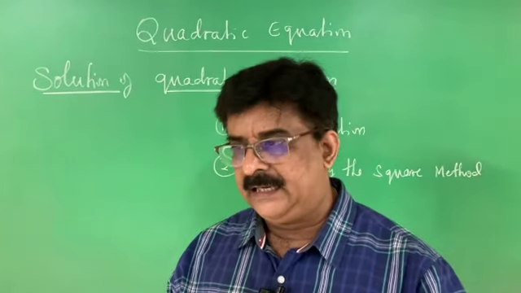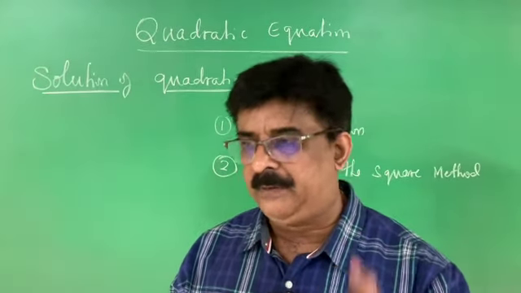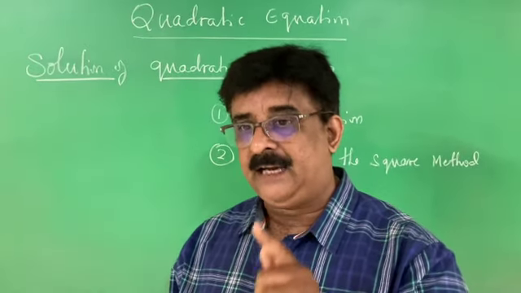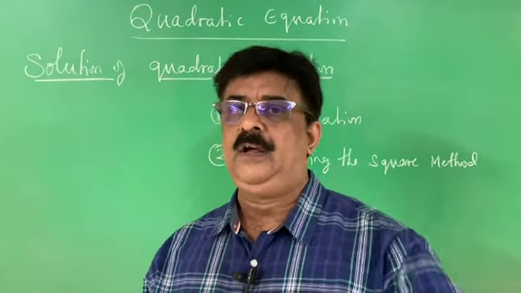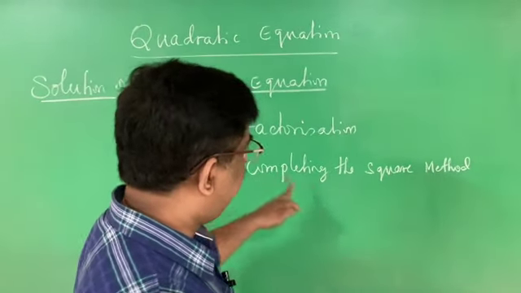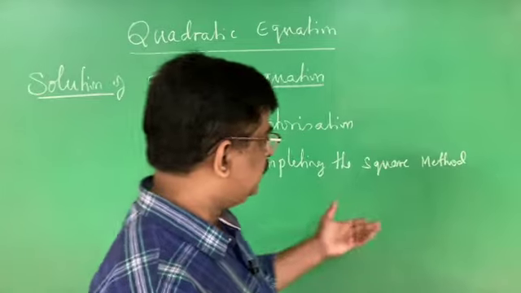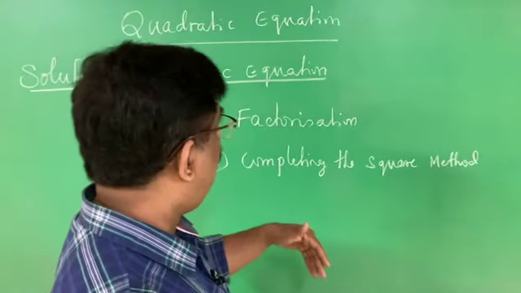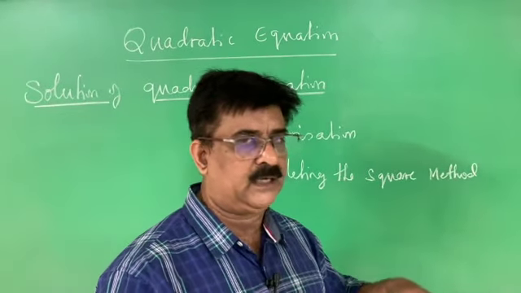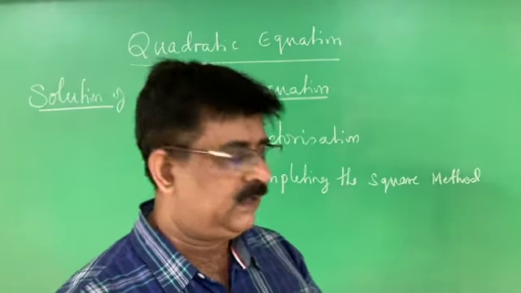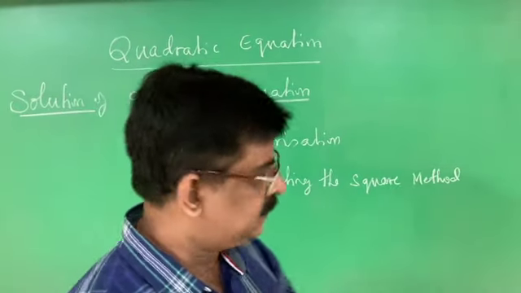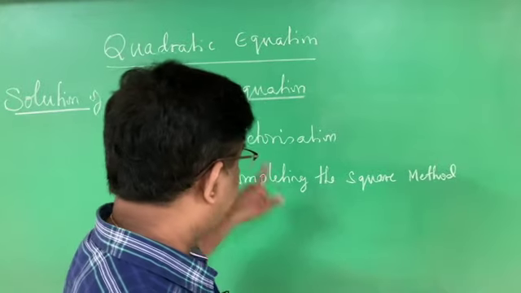What I feel is it is most unprofessional. Why? Because completing the square method is the method by which we can derive a formula for the roots of the quadratic equation. Therefore, by removing the completing the square method, you can't derive the formula of the quadratic equation. Without deriving the formula, how can we remember it? Therefore, I don't think it is a professional way of reducing the syllabus, but in my classroom, I do